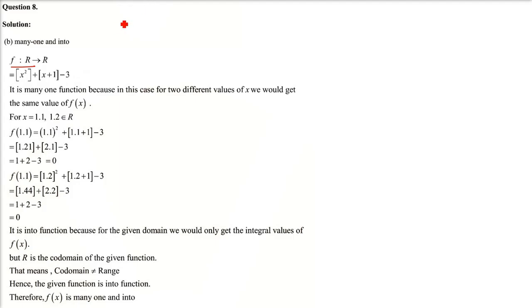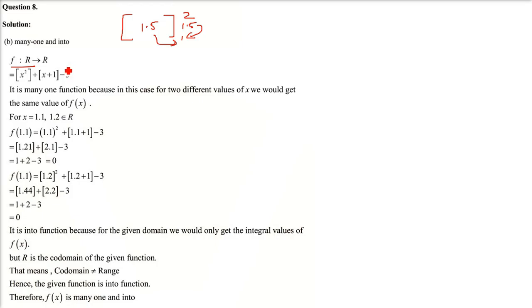What does it mean? This is a greatest integer function. This means the floor function. We are talking about a floor function. That is a number which is less than or equal to x. If the value is say 1.5, it is lying between 1 and 2. It will always give you an integral value which is the lower value, which is 1. Even if you give 1.7, 1.4, 1.9, it will always give you the value 1.